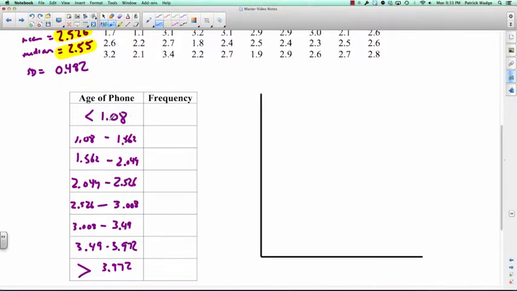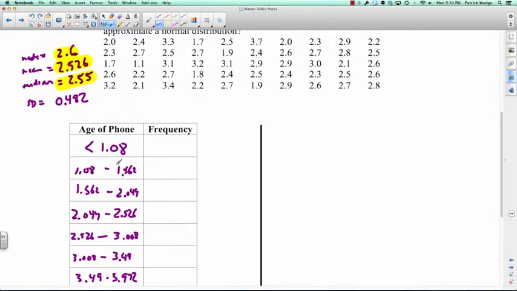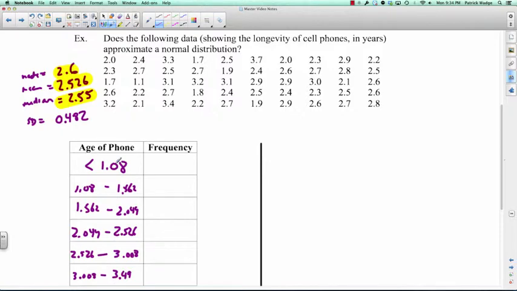Okay, this is all the ones less than 3 standard deviations, all the ones between 3 and 2 standard deviations below the mean, all the ones between 2 and 1 standard deviations below the mean, and all the ones between 1 and the mean itself. Getting confused yet? Next thing we have to do, believe it or not, is to go through and count how many of these things in here are below 1.08. So that would be all the ones that are basically 1.0 or below,